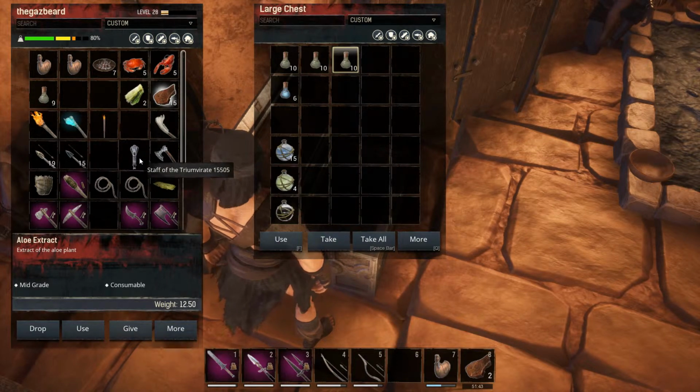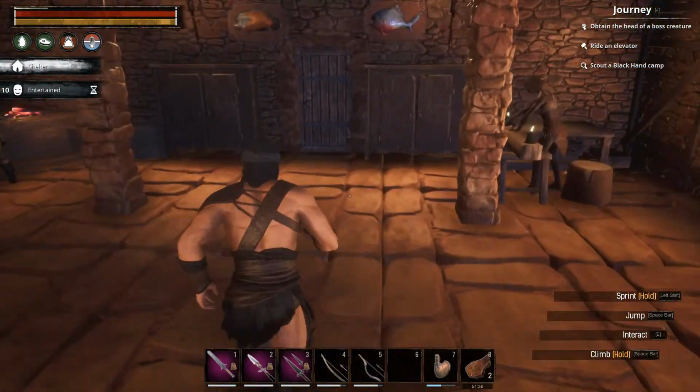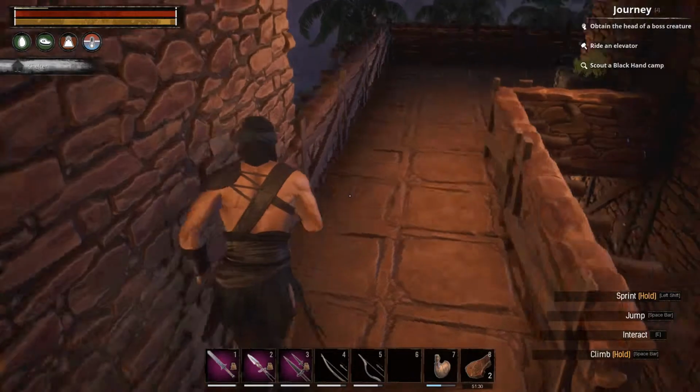Right, now we've got a Staff of the Triumvirate, which is a rare item. So what I'm going to do is I'm going to put that up in my bedroom, and as I'm running up the stairs to get there and put it away in one of the chests,